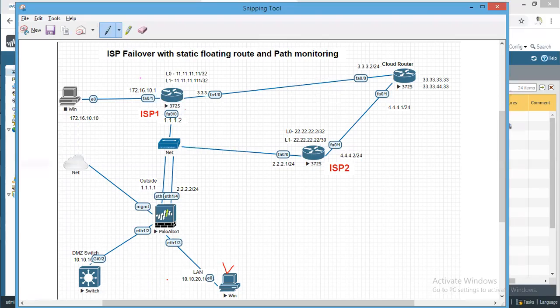Hi guys, today we will see how to configure ISP failover using static floating route and path monitoring. We can use BGP to configure ISP failover. We can use policy based routing to configure ISP failover, but here we will see how to configure it using